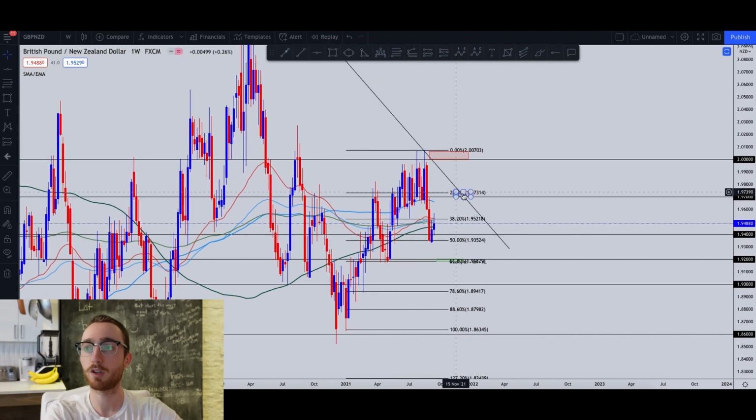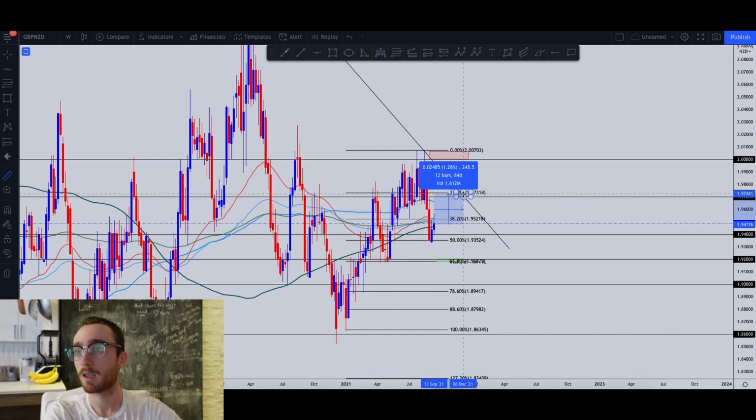Now, why did I place it over here? I placed it over here because the market has to move over to touch the trend line. If it were to spike up tomorrow, it would only hit 1.97 and it wouldn't hit the trend line. Thus, it would only be one confluence. So in order for that to happen, it's going to take roughly 12 bars, so 84 days for this to